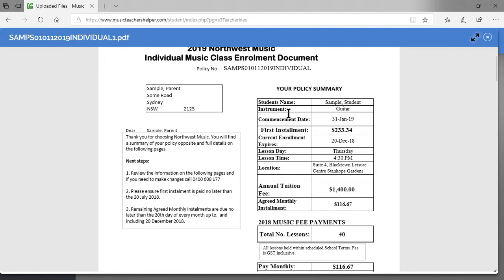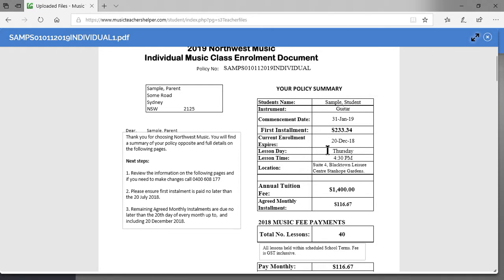So this particular student is doing guitar, commencing on the 30th of January 2019. First installment is $233.34. Your current enrollment finishes on the 18th of December, which is also the last payment that will be required, which is your $116.67.